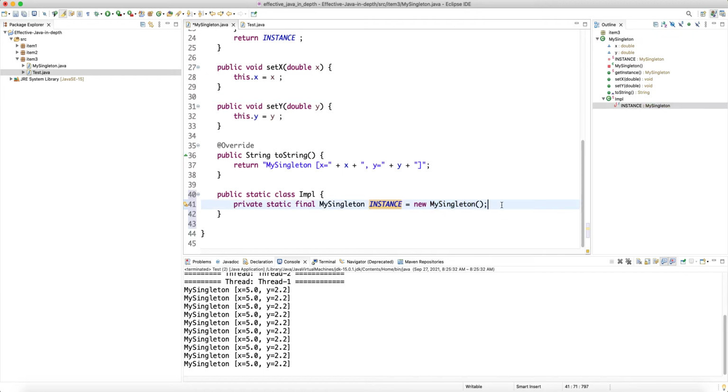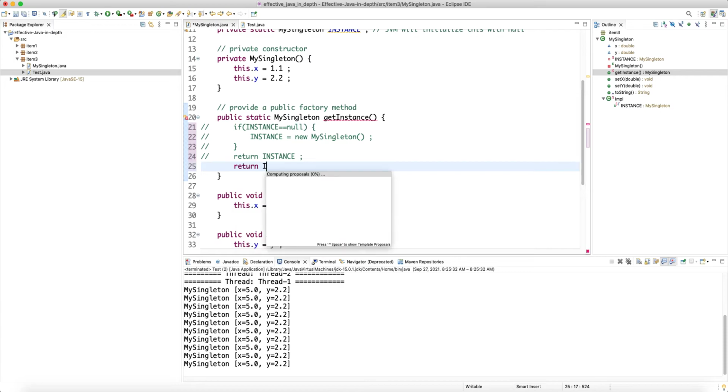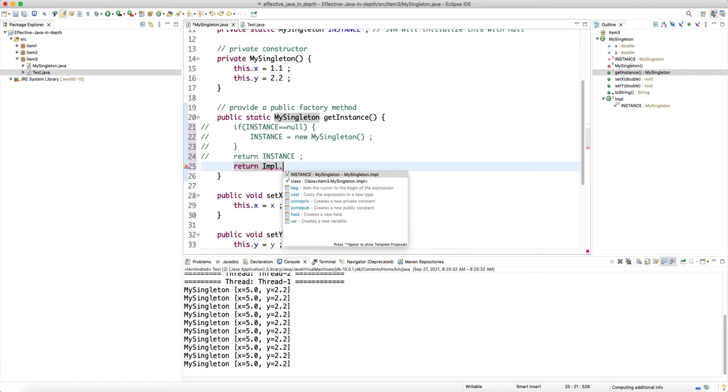We initialize it inside, and then we make this public, right? And then in the instance, instead of checking for null and initializing it, we can just say return Impl instance,